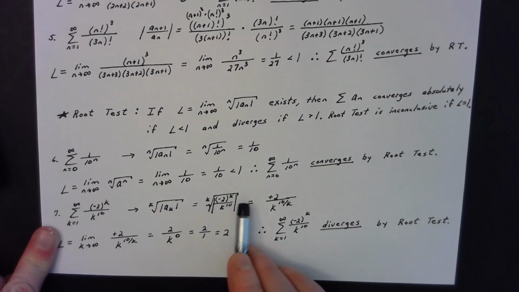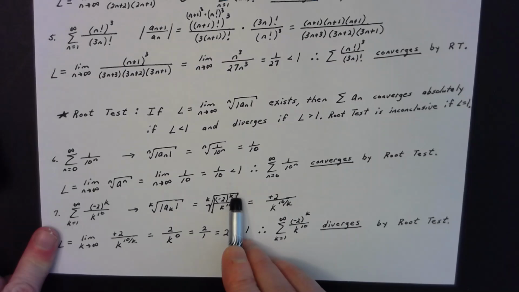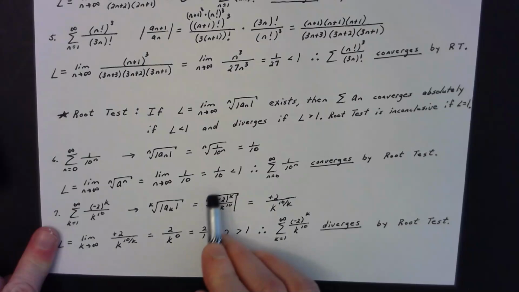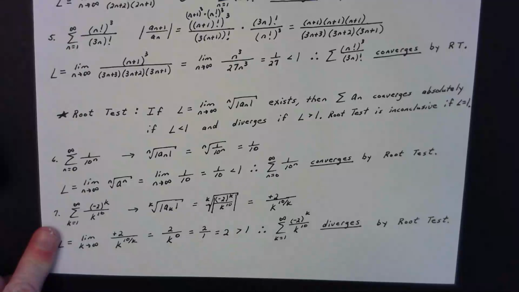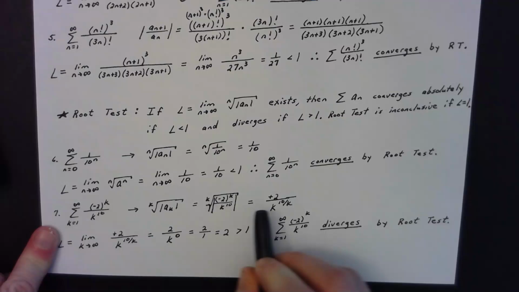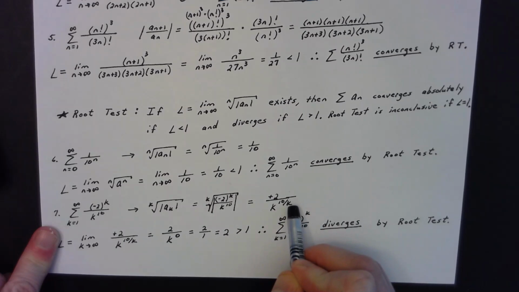That's going to give me, in the numerator, the kth root of negative 2 to the k. The absolute value of that's just going to be the same thing as 2 to the k. What's the kth root of 2 to the k? It's just 2. Index divides into exponent. K over k leaves me an exponent of 1. But I do the same thing in the denominator. The index divides into the exponent of the denominator, and I get k to the 10 over k power.